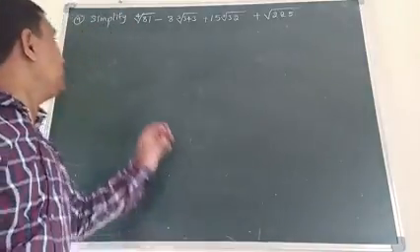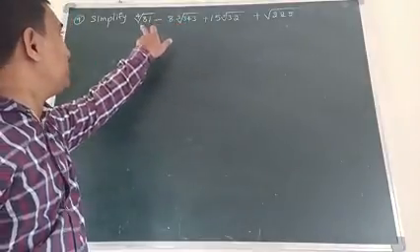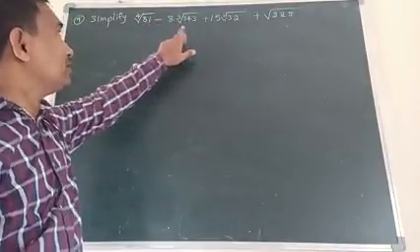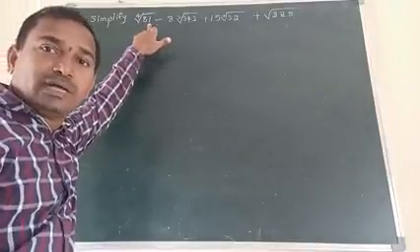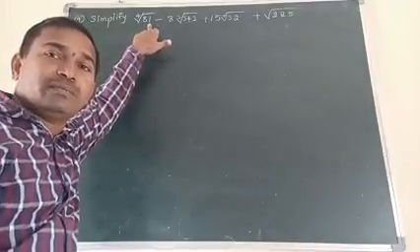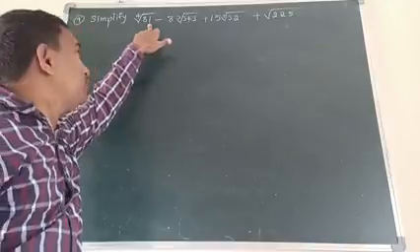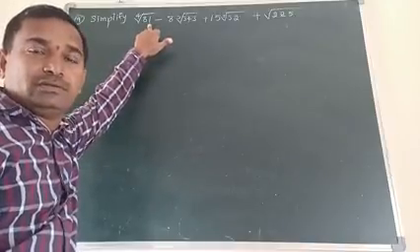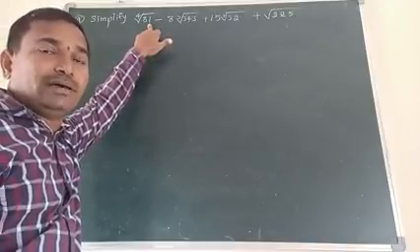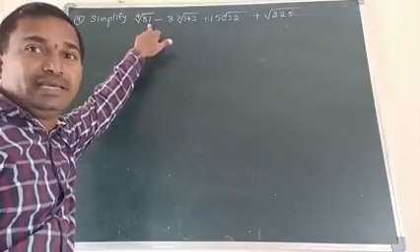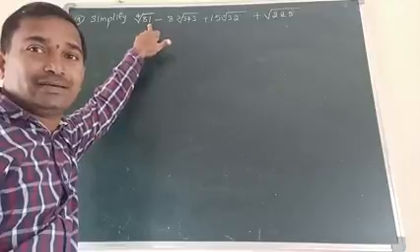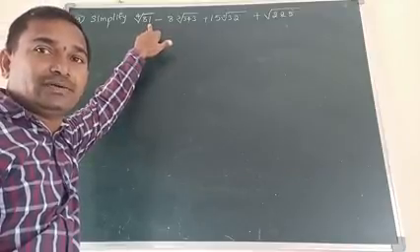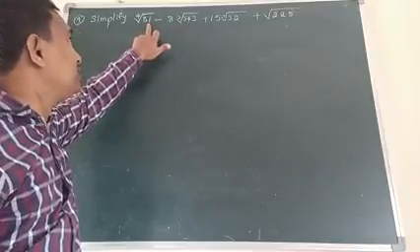See next problem, 9th one, simplify. Okay, here 4th root of 81. So 4th root of 81 means you have to check which number, if you multiply 4 times, we are getting 81. We have already seen 3. If you multiply 3 four times, are you getting 81 or not? Check. 3 3s are 9, 9 3s are 27, 27 3s are 81.